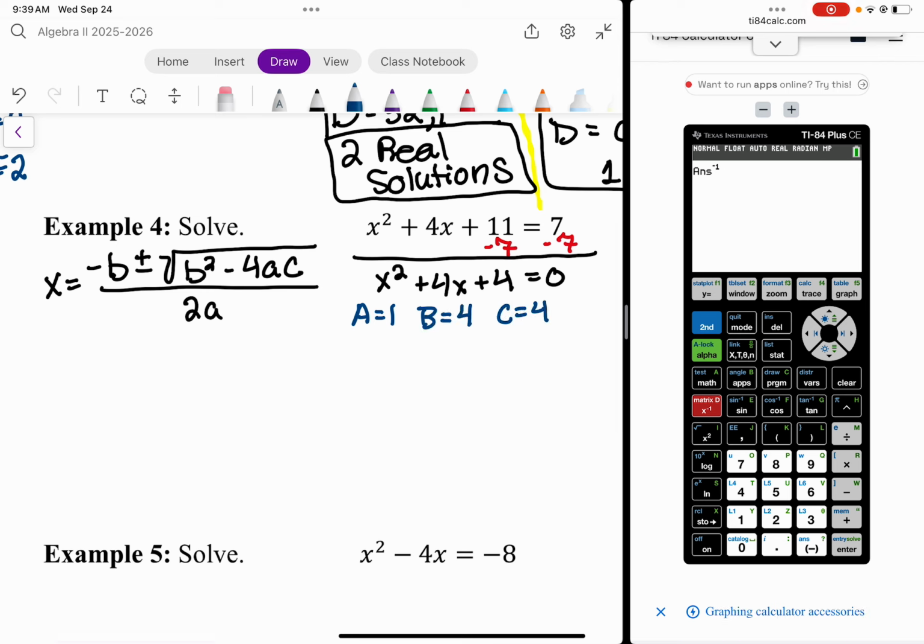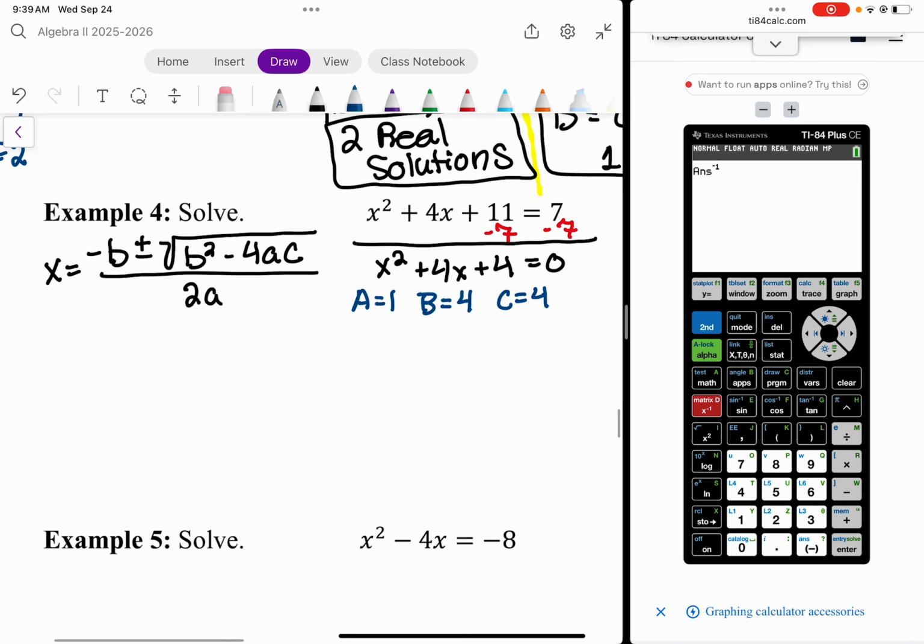So on the test, if you get a quadratic equation problem wrong, that is the first thing I would check to make sure one side equals 0. Okay. Once we have those, we're going to plug everything into the quadratic formula to figure out what our x